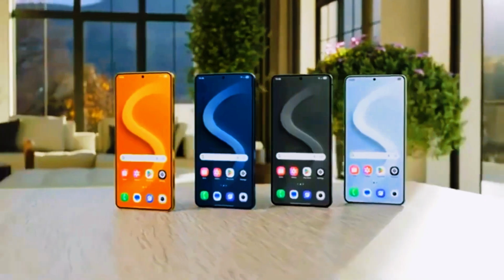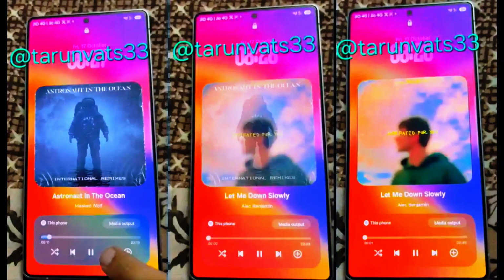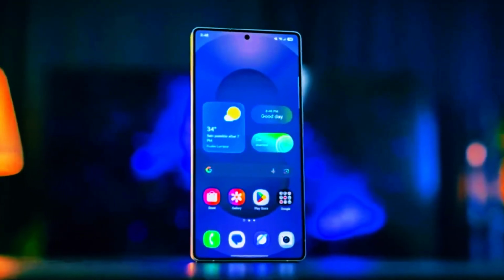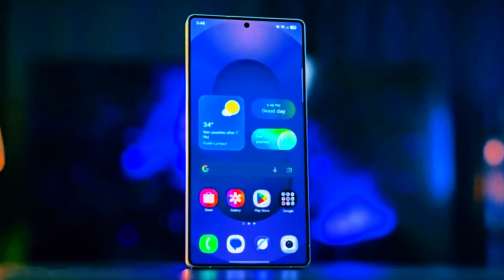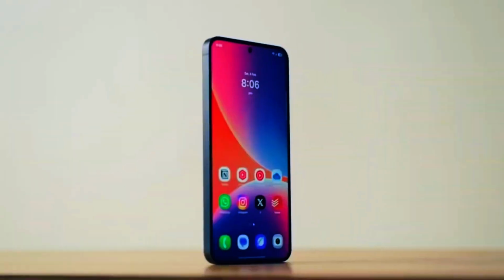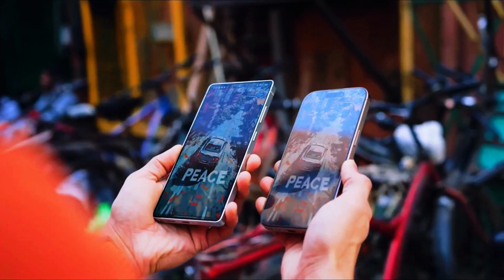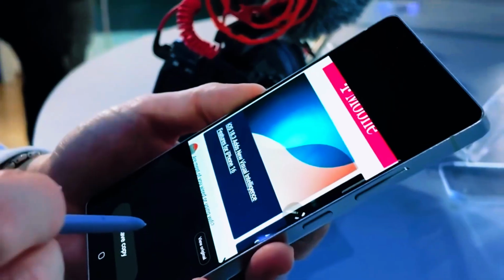Let's start with one of the most noticeable upgrades: smooth album art transitions. If you've ever skipped a song on your lock screen, you know how the album cover just switches instantly. It works, but it's not exactly elegant. In One UI 8.5, Samsung is adding a subtle animation that lets the album art glide smoothly between tracks. It's a small change, but it gives your music player that polished, premium touch that feels satisfying every time you